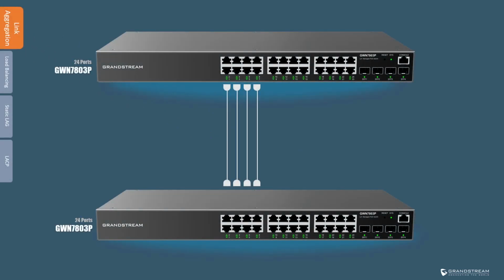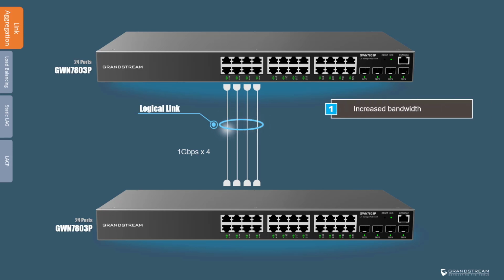GWN7800 switches support the link aggregation feature that allows us to bundle multiple Ethernet links together so they can act as a single logical link. This provides an easy way to improve connection capacity between two switches or between a switch and a server or a router. For example, when 4 gigabit ports are bundled as one logical link, the link will provide 4 gigabits per second bandwidth. So the main purpose of using and configuring link aggregation is to increase and multiply bandwidth between